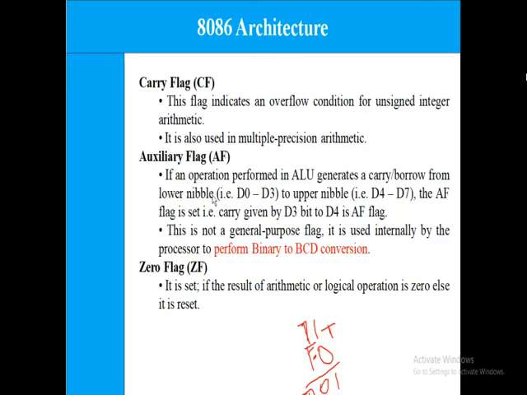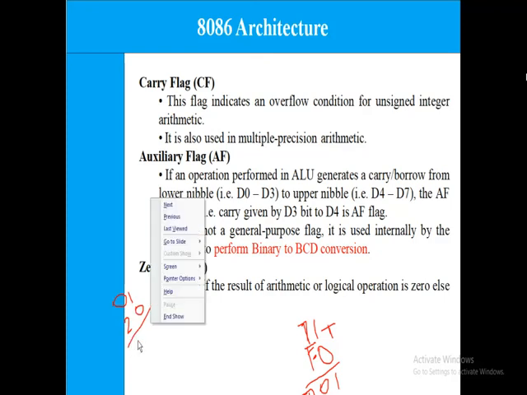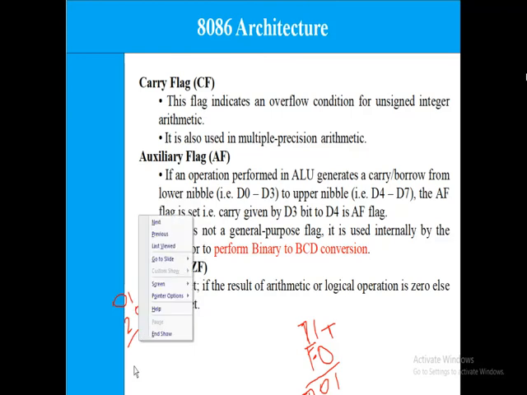If we add 1 0 1 0 1 and 2 0, what will be the result? Here 1 plus 0 is 1, 2 plus 0 is 2. Is there any carry?